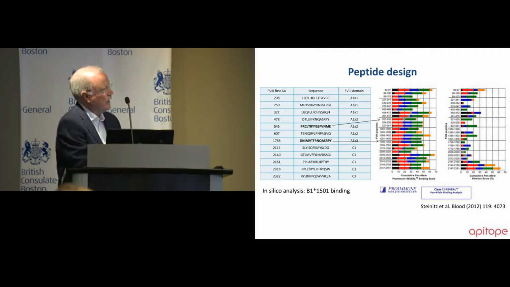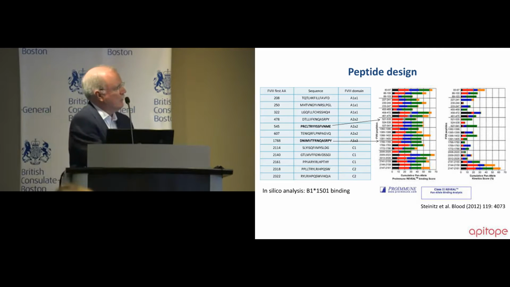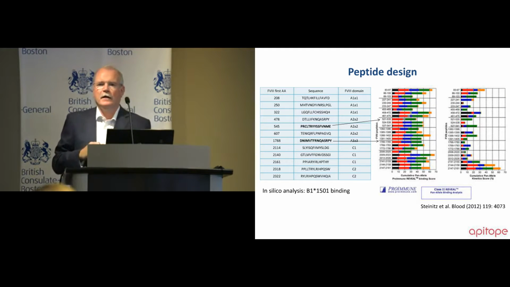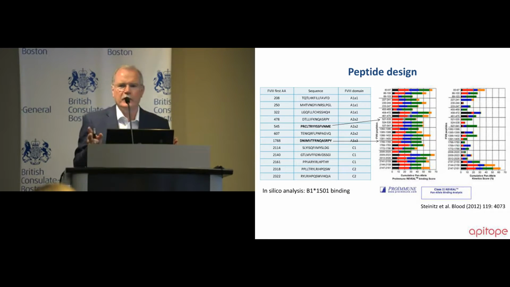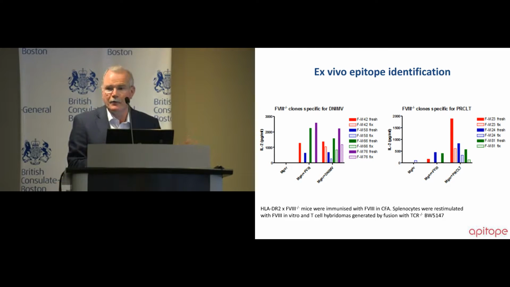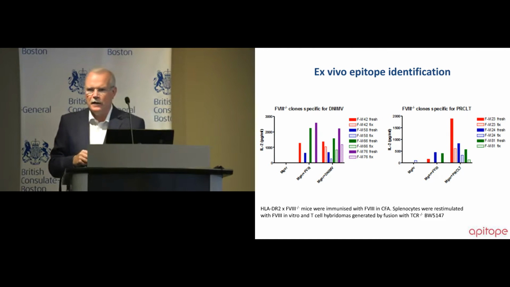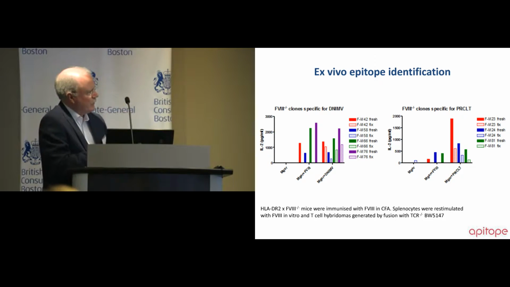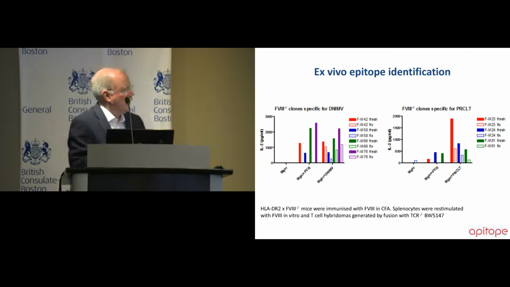So these, or the majority of these, are B11501 binding epitopes. These two are clearly binding promiscuously to various different HLA-DR molecules. This is one example where the in silico prediction very much is reproduced in the biochemical analysis of peptide binding. We then immunized and selected out T-cell hybridomas from this model of